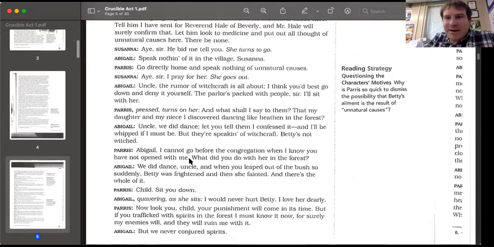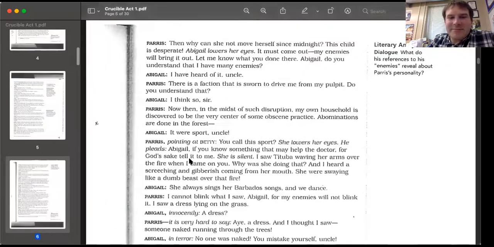So Paris discovered his niece and his daughter and a bunch of other girls out in the woods dancing. And of course, Puritans are no fun and whatnot. So that's not good. But also, they were dancing in a very specific way. Like their slave Tituba was doing some very particular things. And Paris discovered some people,